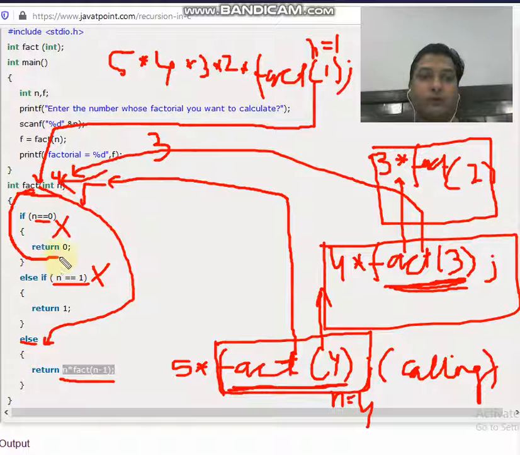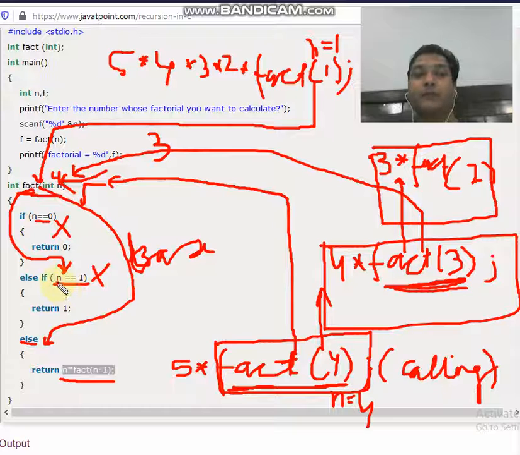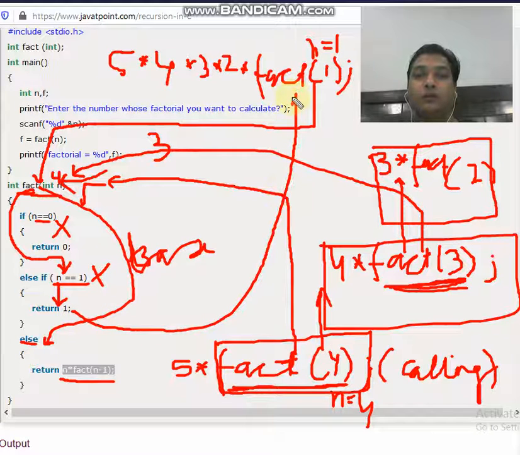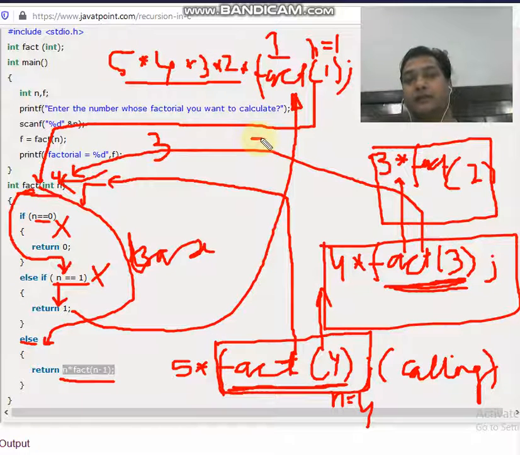It will actually take you to this else part, to the base case. It will take you to the base case, not to the non-base case. It will take you to the base case where the value of n becomes 1. So it is basically returning 1. So this 1 is returned where? This 1 gets returned to this part. So this part is getting changed into 1 only. So 1 reaches here, and 5 gets multiplied by 4, gets multiplied by 3, gets multiplied by 2, and gets multiplied by 1. So the resultant is what?